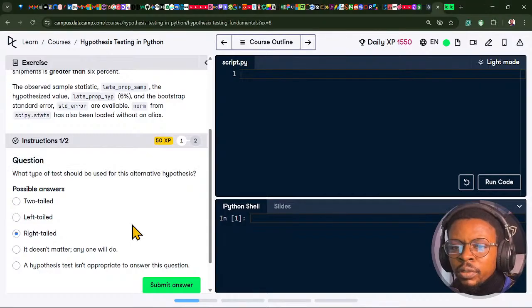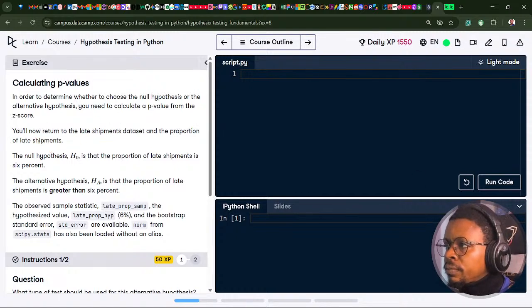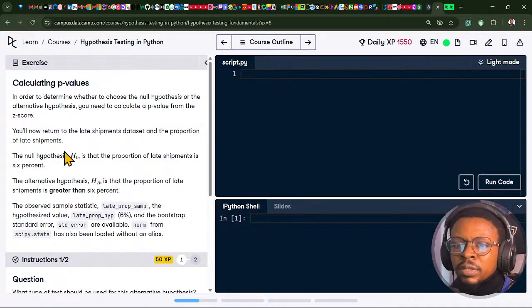Is it two-tailed or right-tailed? It says that in order to determine whether to choose the null hypothesis or the alternative hypothesis, you need to calculate the p-value from the z-score. Okay. So with the z-score,